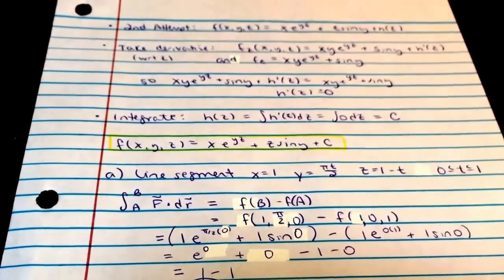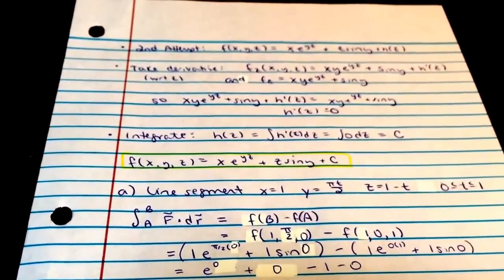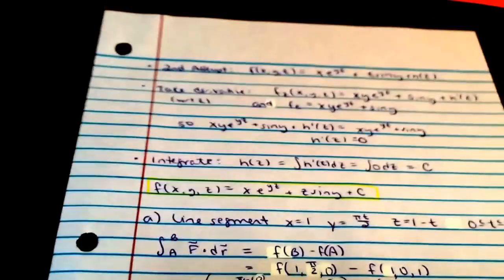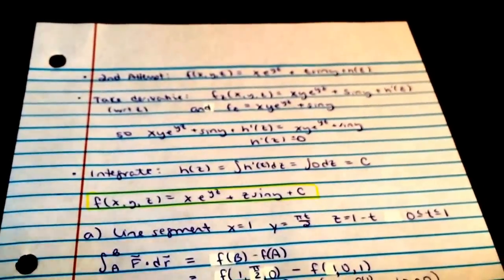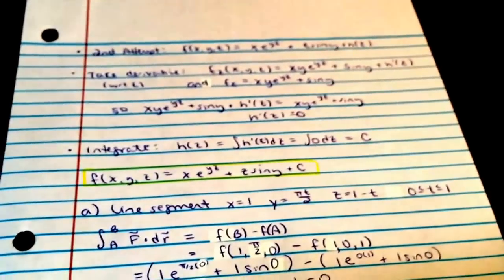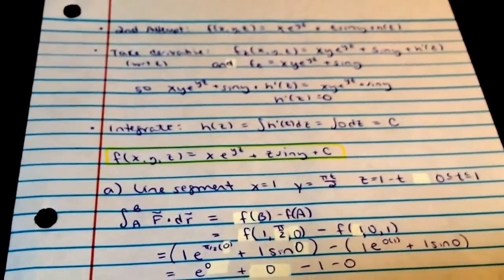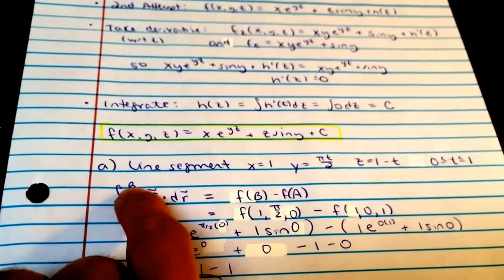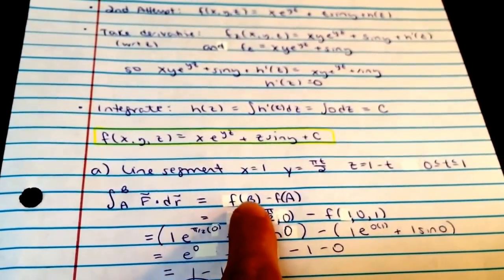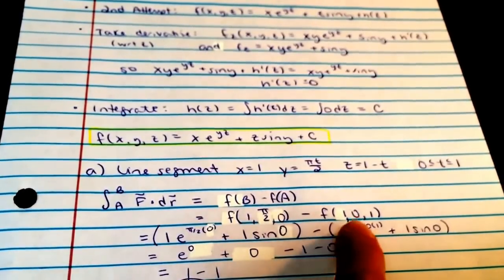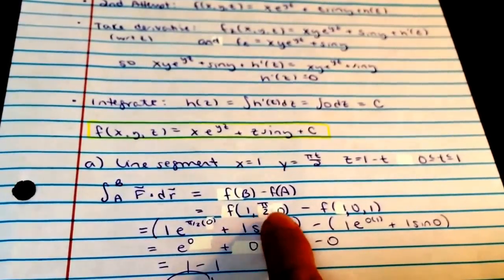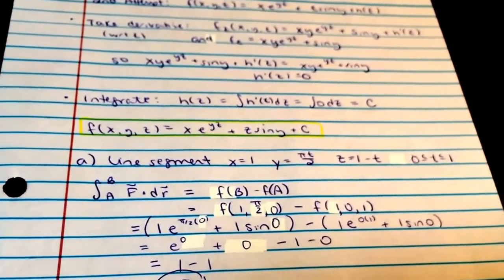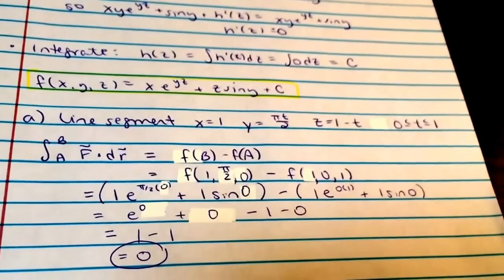So the work to get this f, it's a decent amount of work. However, it keeps you from having to do 6 totally separate integrals. So here, I don't even care what path I took. I just care where I started and where I stopped. So I plug in my stopping point first, my starting point second. I had one of these values wrong, so that's why all the white out. Anyway, plug it in, 0.